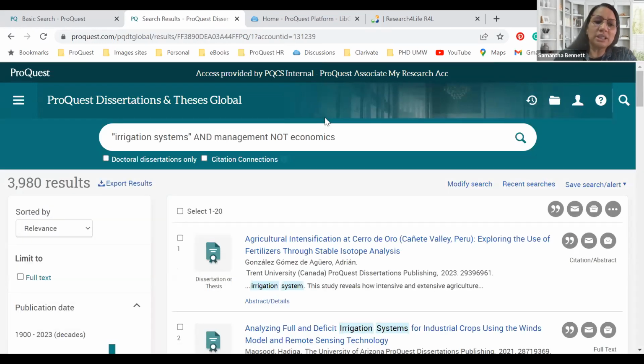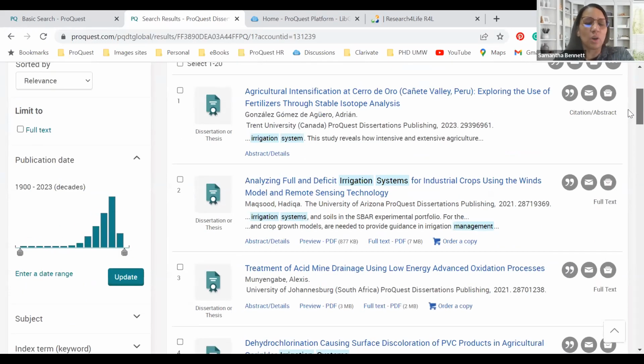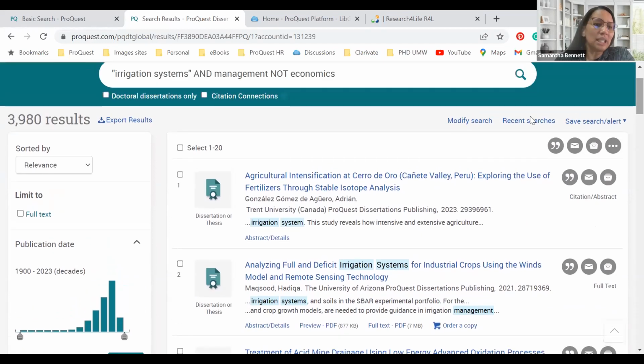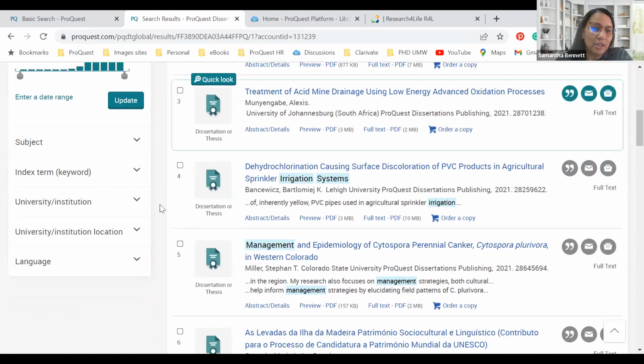Now let's have a closer look at some of the features on the left-hand side. These are facets or filters, as we can call them. On the left-hand side, I can sort by relevance, or by oldest or most recent first. I can even search by full text directly on the left-hand side, or refine my search by subject information.